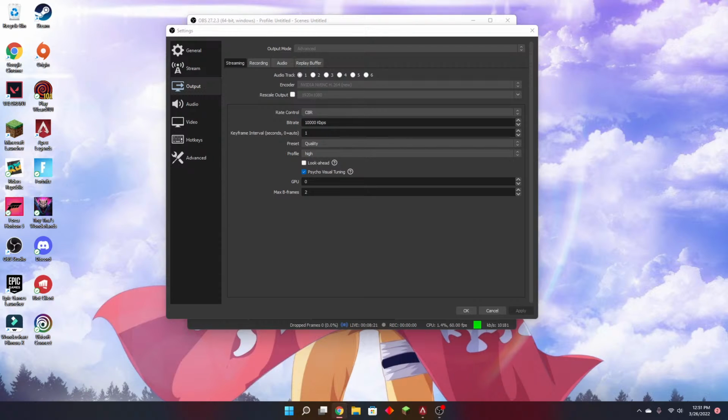Rate control should always be CBR. You want that to be constant. There are no exceptions to that. Now let's talk about bitrate. Bitrate is the big one. So bitrate, generally speaking, the larger your bitrate, the better quality you can cram into